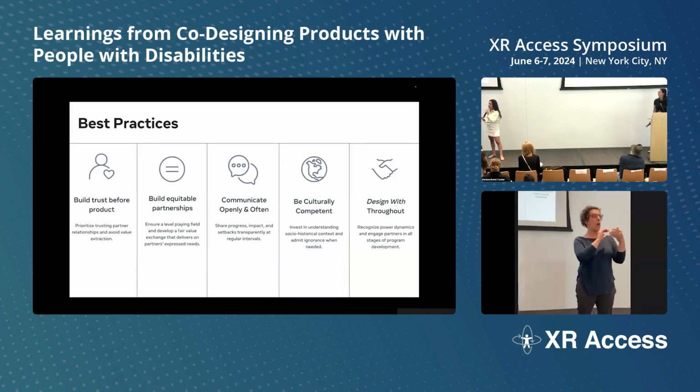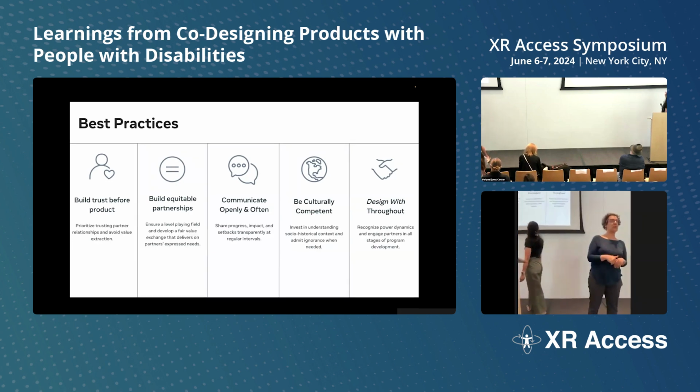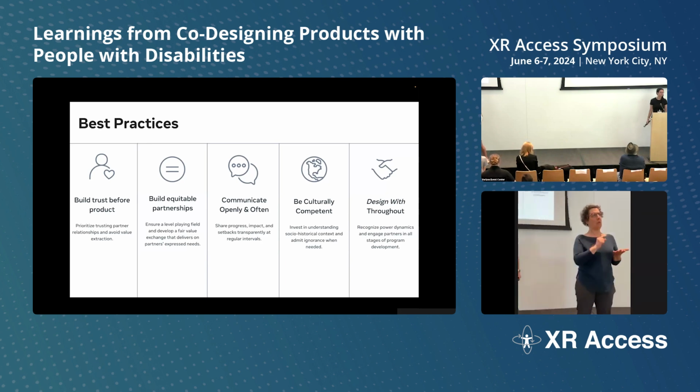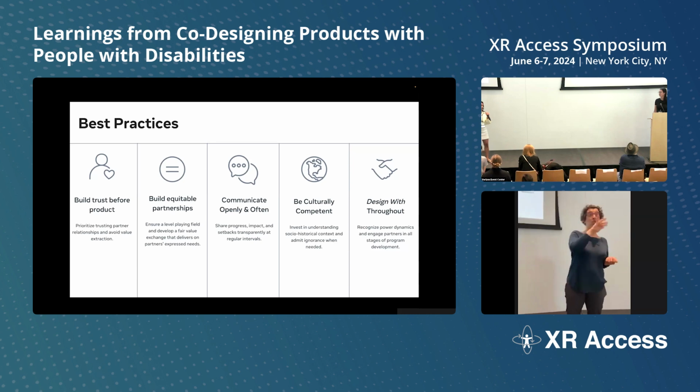So ensuring a level playing field, developing a fair value exchange. So we talk a lot about compensation with partners, ensuring that they feel well compensated for the ideas they bring to the table. We have discussions about what it would look like even to add users that help us build products to patents,